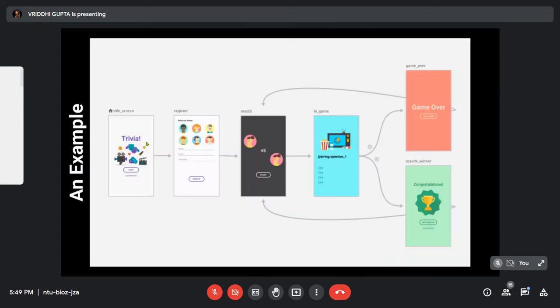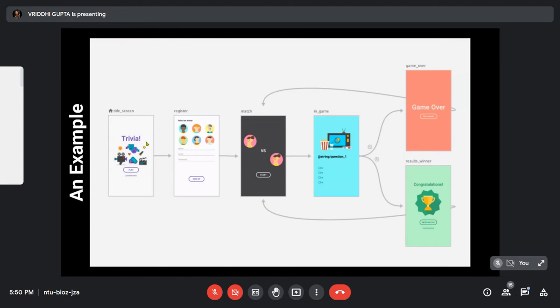Okay, so this is actually an example. So this figure shows a visual representation of a navigation graph for a sample app, and it consists of, I guess, 6 destinations connected by 7 actions. So each destination here is represented by a thumbnail, a preview thumbnail. You will be able to see this when we will be coding the nav graph part. So you will be able to see the preview thumbnail of each fragment in the nav graph resource file. Okay. So these connecting actions are represented by arrows that show how users can navigate from one destination to another.